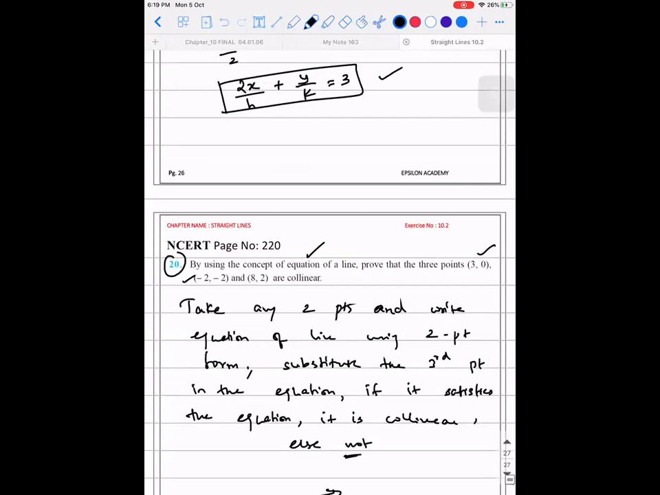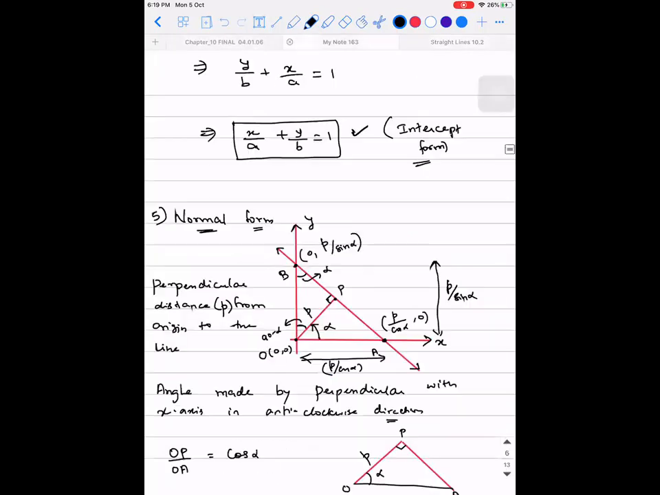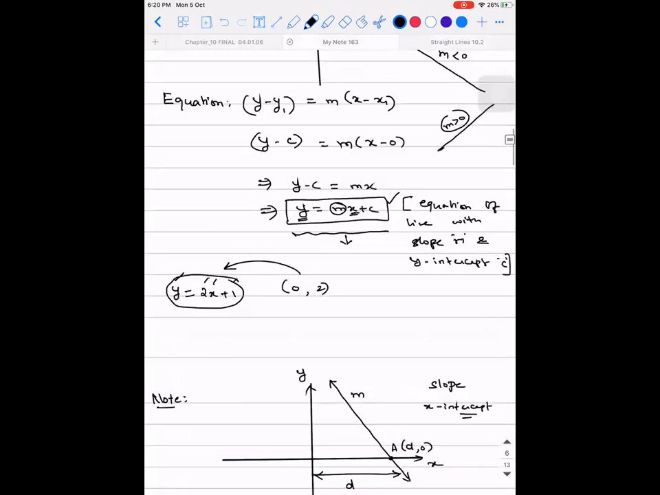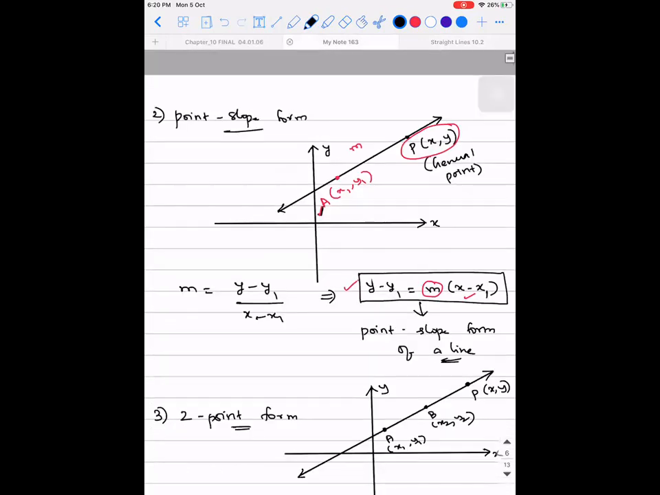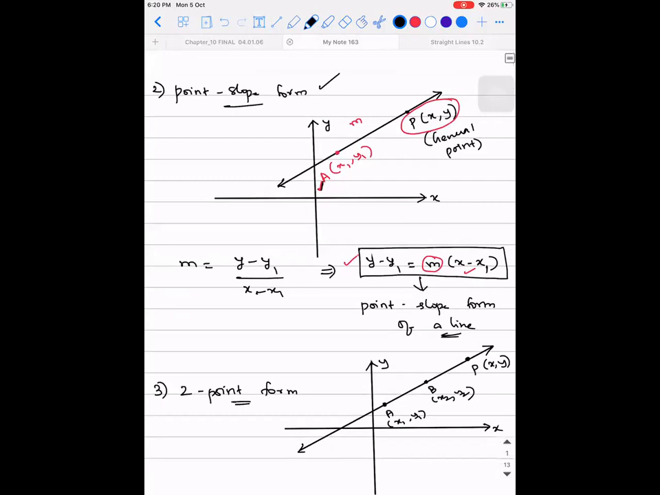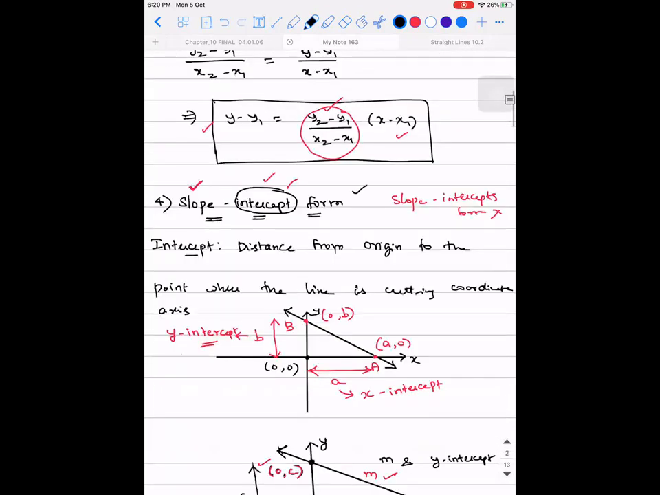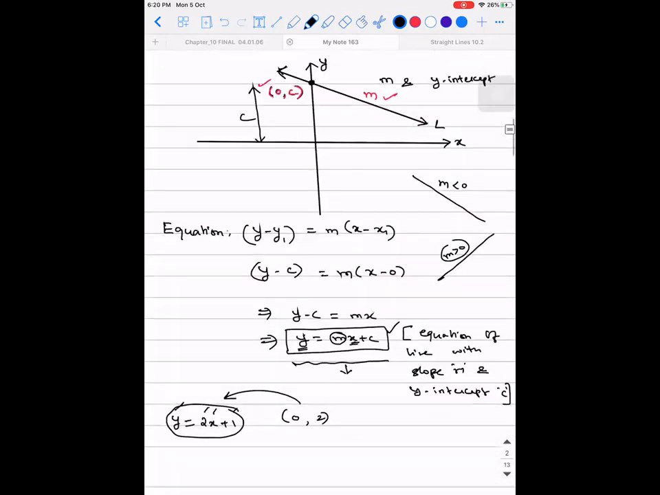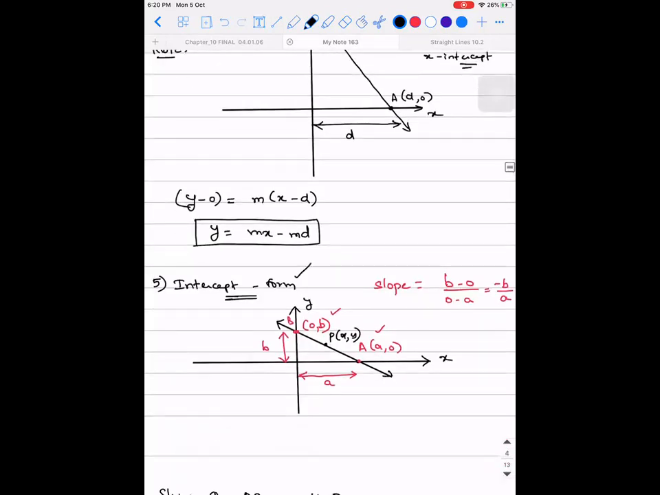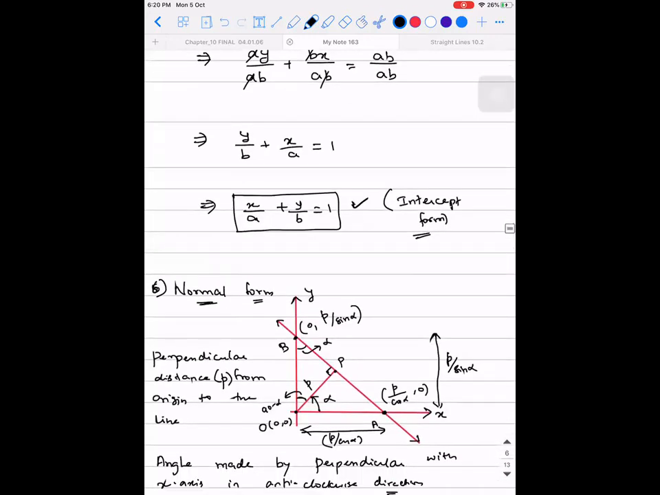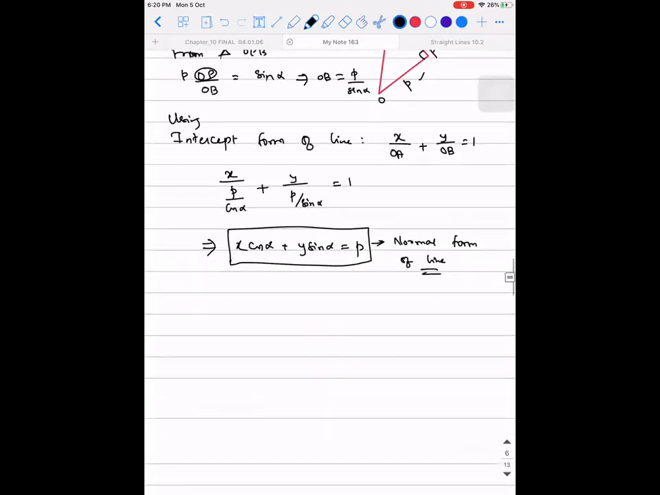Yes. So I have my notes. So what are all the forms that we have discussed? Different forms of straight line that we have discussed are point slope form, two-point form, slope intercept form, intercept form, and then normal form. So this is the sixth form. These are all the different forms that we have seen, for which we derived all the equations and